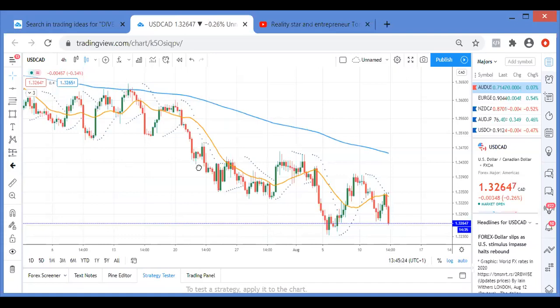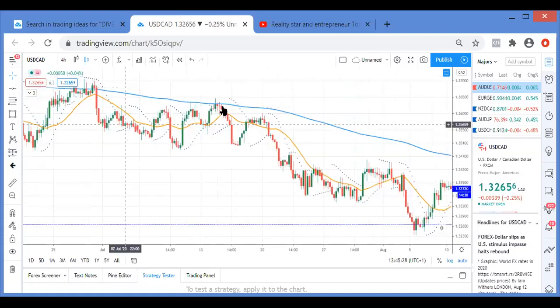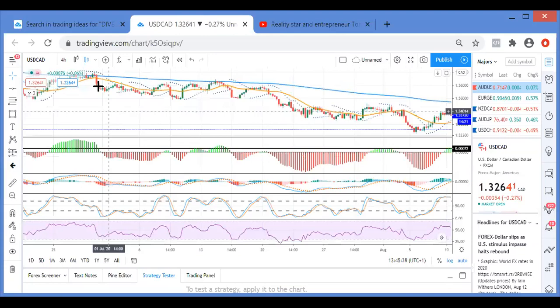Cool. So okay, look. Now the market here, this point here, is below the 200 moving average. So what am I looking for? Sales. So on my MACD, what am I looking for? I'm looking for my highs. So look, this high and this high. Can you see how this high is lower than this high?